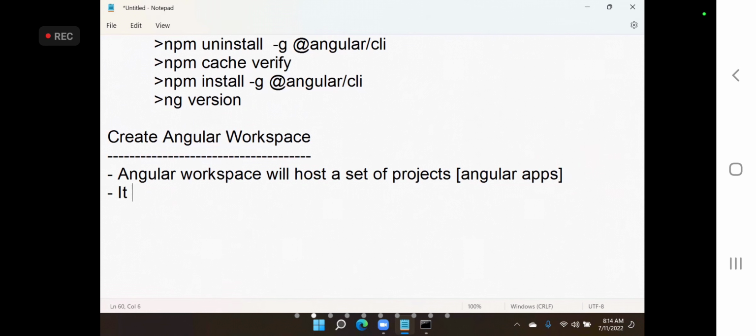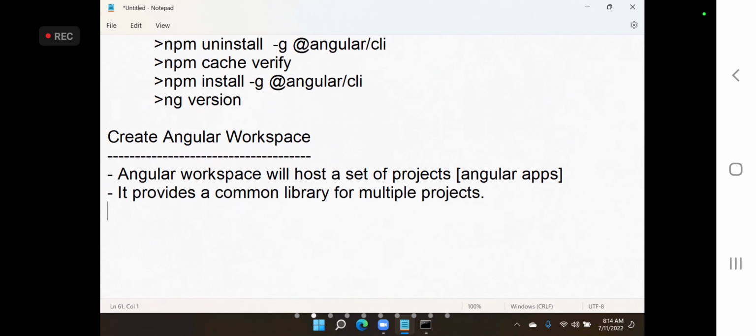That means it provides a common library for multiple projects. So we are going to work with a workspace. How do we create a workspace and how do we configure the workspace?